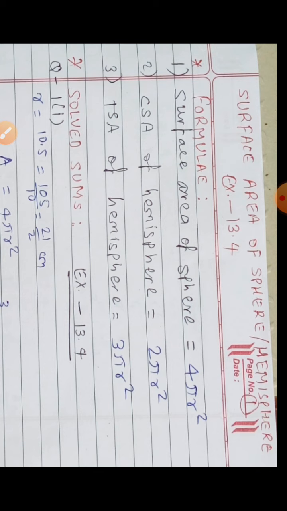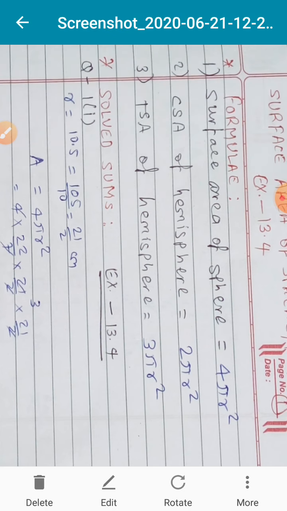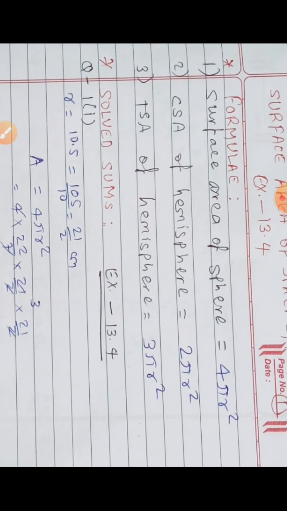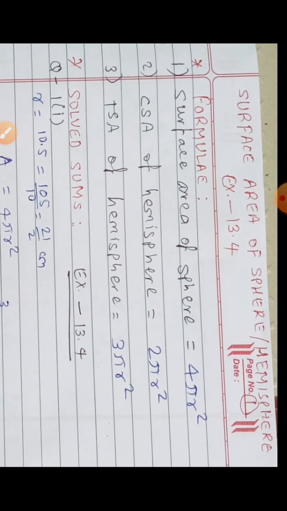Remember these three formulas. They are related to each other, but don't mix them up. 2, 3 and 4 pi r square are there, but you have to know where each is applied. The point is very simple, nothing is so difficult. The parameter required is the radius only, no height, no slant height. Only the radius is needed. Sometimes they give us the diameter, but you know how to find the radius from the diameter by dividing it by 2.